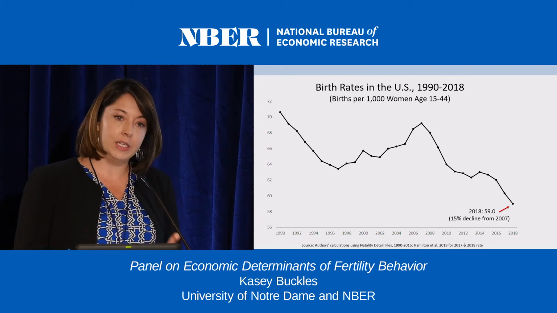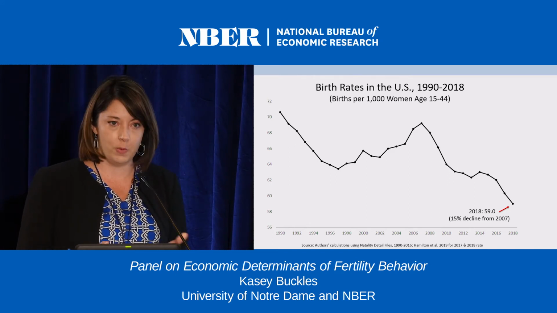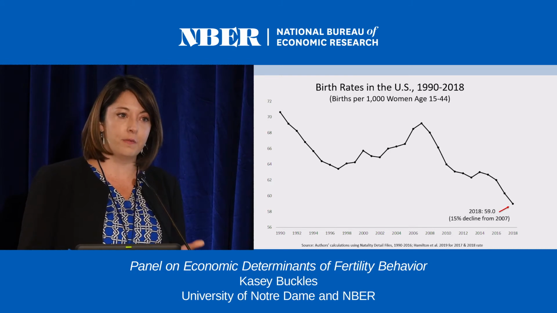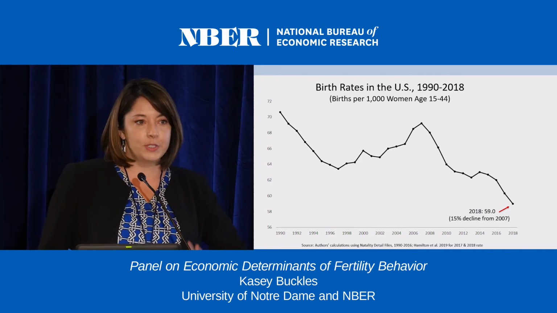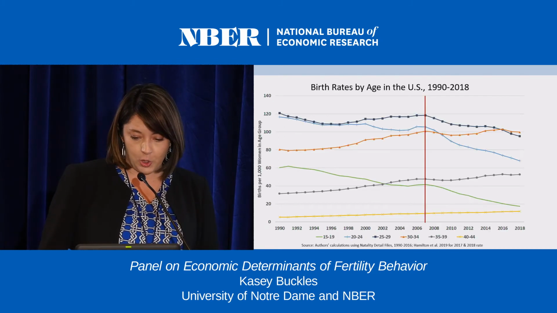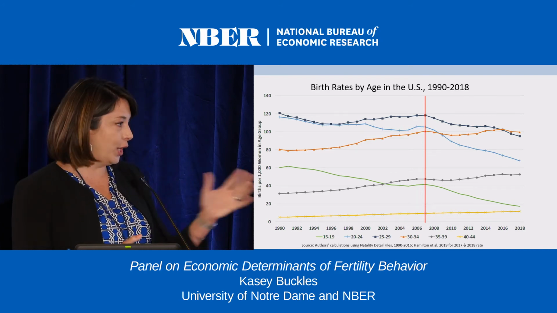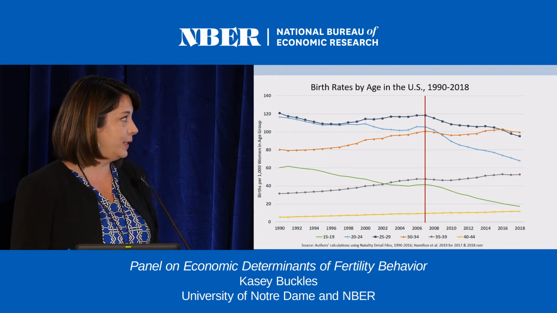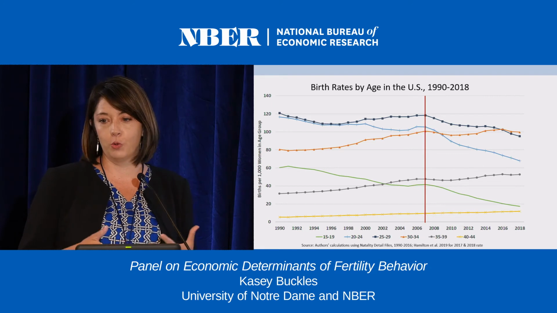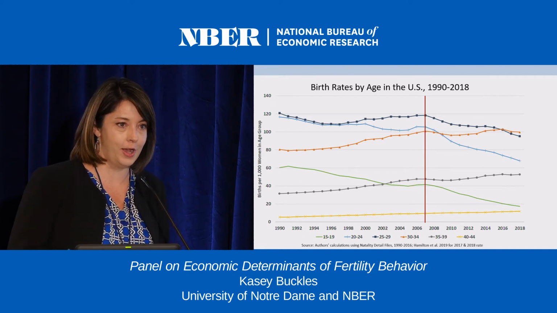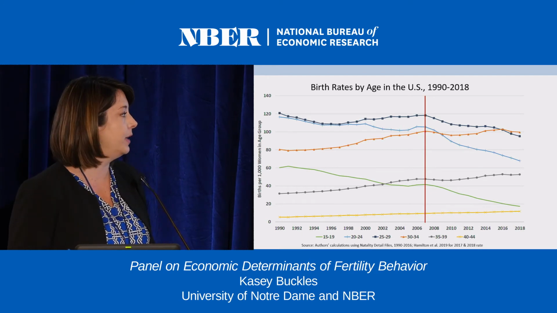So in 2018, we had a historic low birth rate of 59 children per 1,000 women aged 15 to 44, and that's a 15% decline in that measure from 2007. All right, so let's start to break this apart, and I'm going to do that first by age. And it's not a coincidence that Karen showed you a similar picture with birth rates by 5-year age cohorts. I think of this as really the Rosetta Stone for trying to understand what's going on with long-term fertility trends, looking at what's happening for specific age groups, right?